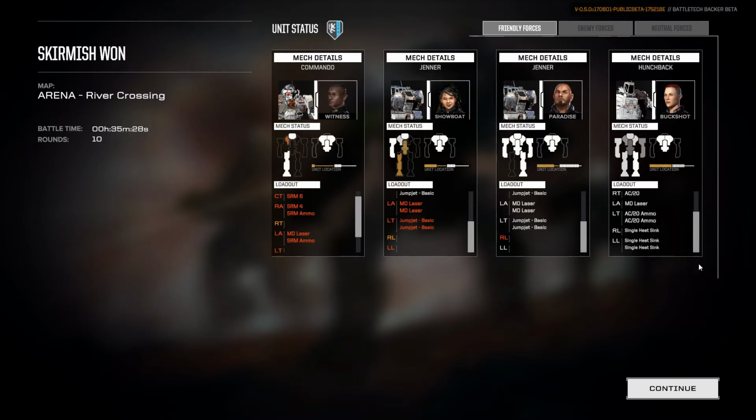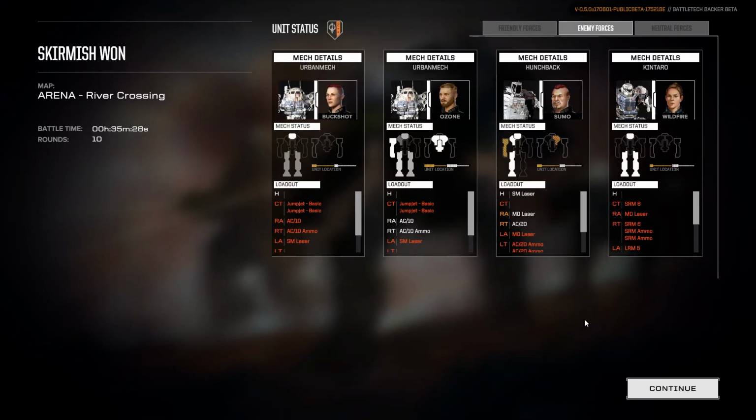You did fantastically well, Buckshot. Those turns where you could just stand still and unload the AC-20 into the rear, fantastically done. Kintaro lost basically all his torso sections and both of his arms. Hunchback pretty much lost everything on the left-hand side. One of the Urban Mechs again lost all his torsos, and the other one lost...